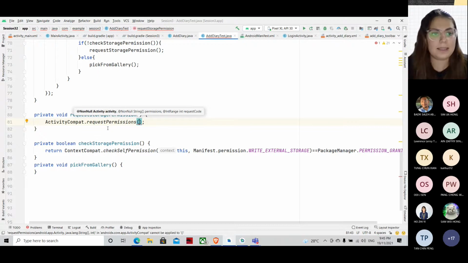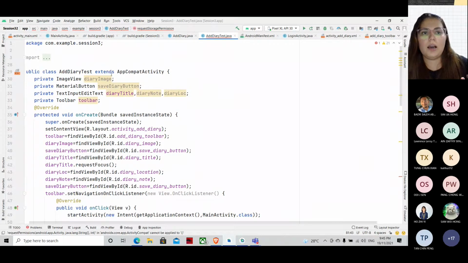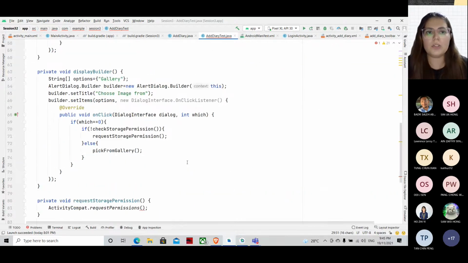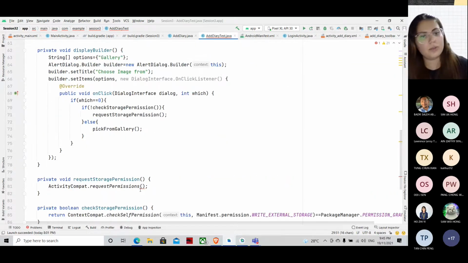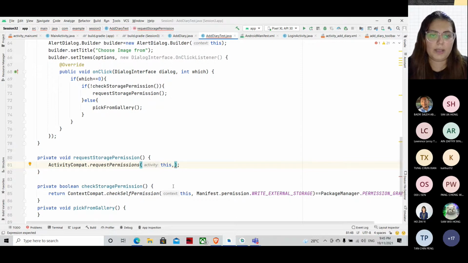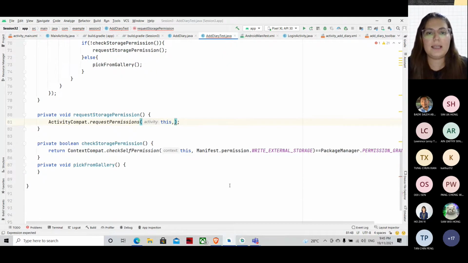The first argument it asks for is the activity. We know that for context, we can use getContext and getApplicationContext. But how about activity? Activity is actually a Java class, right? It is a public class, but our class extends it and inherits whatever functionality AppCompatActivity has. So an activity is a Java class, and the way to refer to it is always the this keyword. And then the second argument that it accepts is